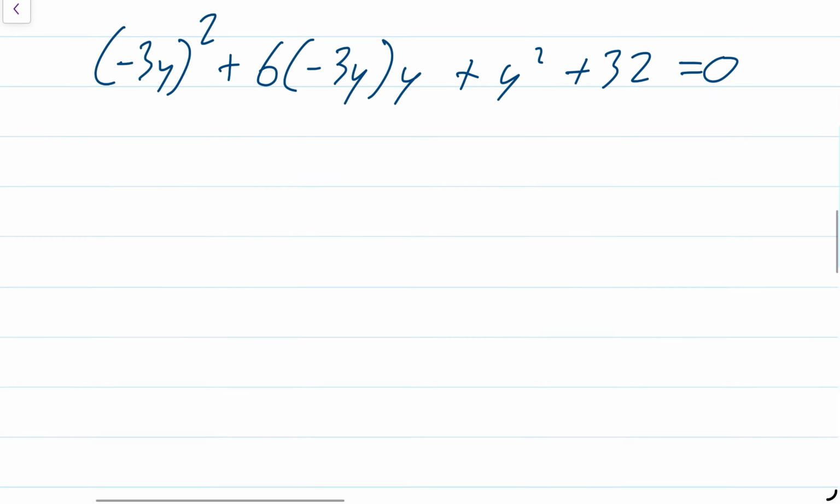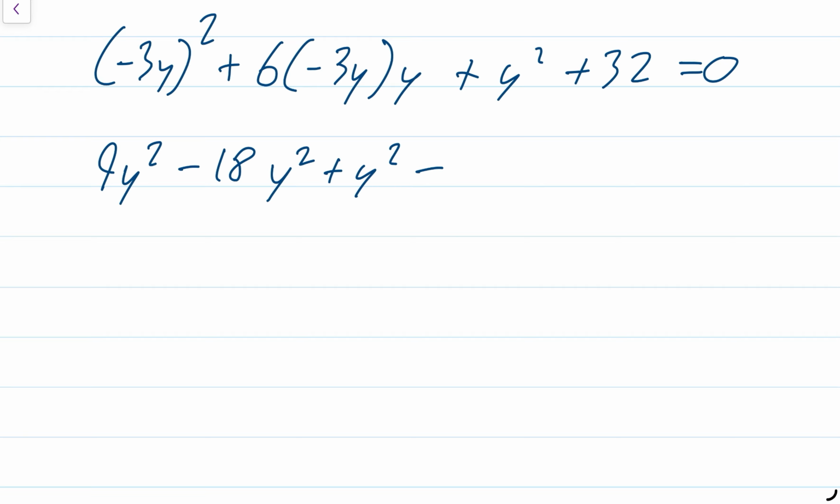Okay, and I haven't done this, so bear with me. Just please check in case I make any mistakes here. 9y squared, if you square minus 3y, you get 9y squared. And this is going to be minus 18y times y is 18y squared plus another y squared. Then plus 32 is equal to 0. Sort that out then. What's that going to be? 9y squared minus 18y squared is minus 9y squared plus another y squared is going to be minus 8y squared